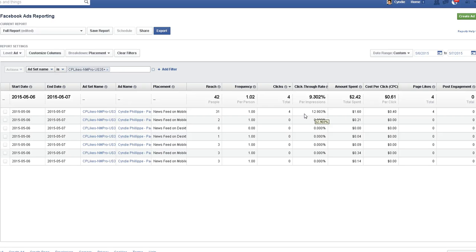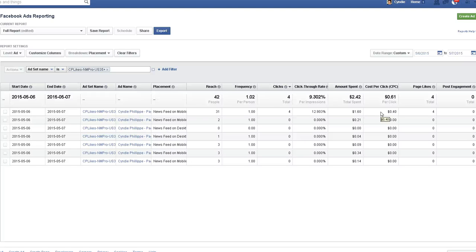Because if you're getting a 4, 5, 6% click-through rate, that's good, and I would just keep tweaking it. So I'm pretty excited about this one being so good right now. And the cost per click is only 40 cents. That's also very good. A lot of like ads are going up higher, like 80 cents. And I heard somebody complaining that theirs were over $1 most of the time,